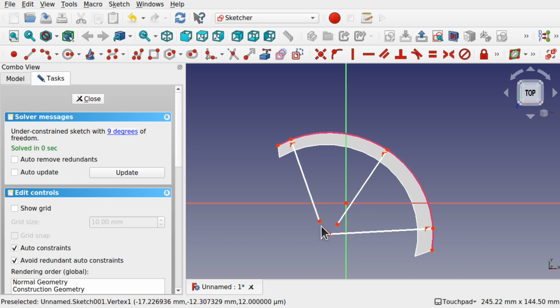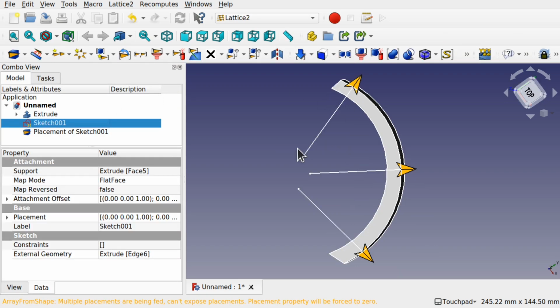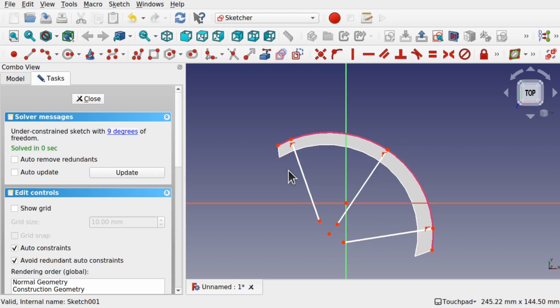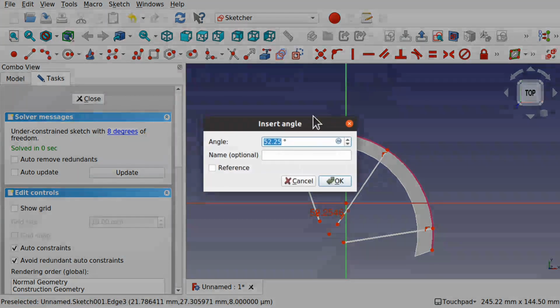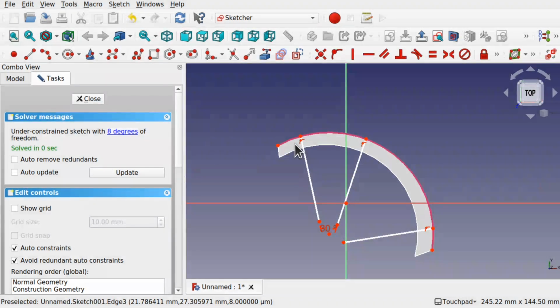And we can move these away from that point, like so, and hit close. So we've got those 3 there. We can place angles between here, so we can use angle constraints. We can also use such constraints as construction mode, construction geometry. So if I do want to connect these to that point, I can place, say, a line in here, connect